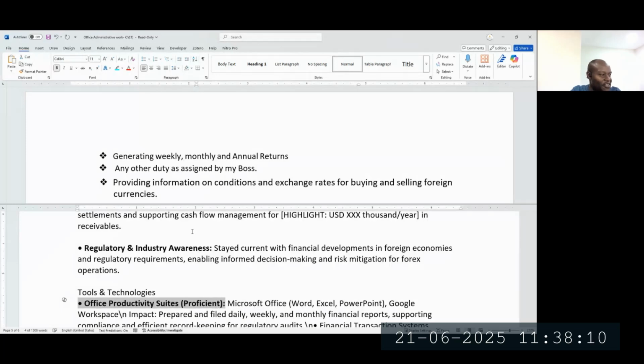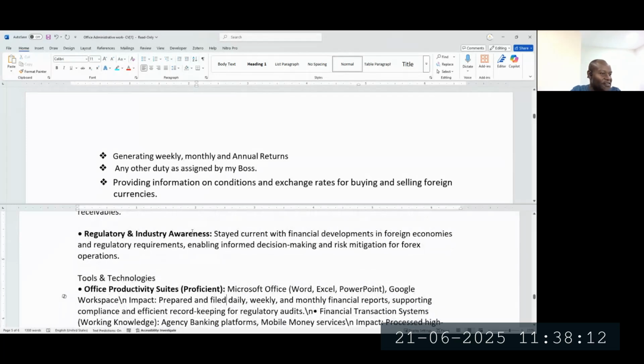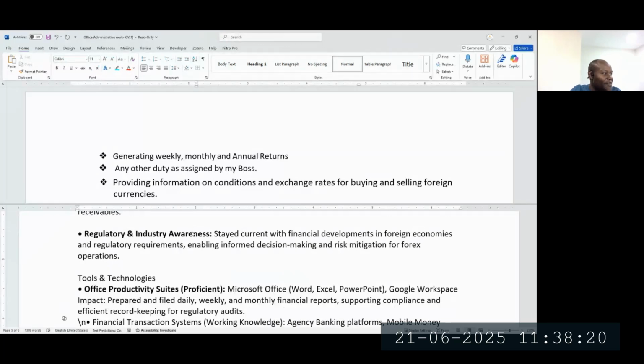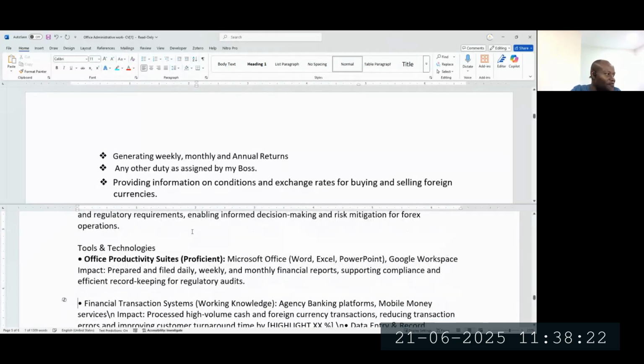She says she's proficient in these tools and technologies, and the impact that she's had is she has prepared and filed weekly reports with all these other things. The other tools and technologies she's familiar with, I'll just put